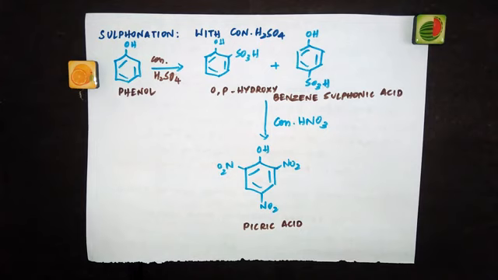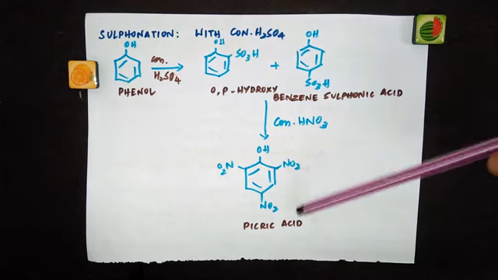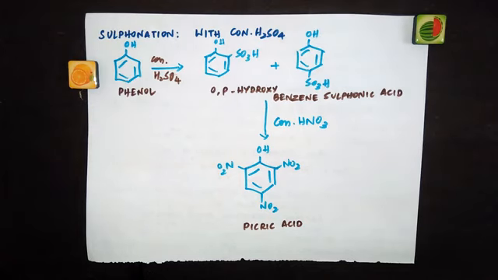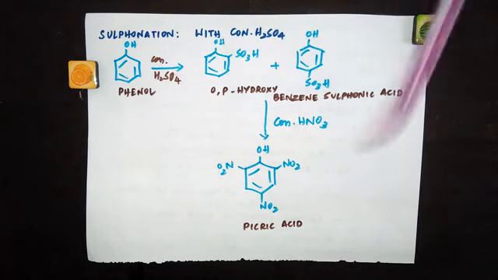When they ask you to convert phenol to picric acid, you can use either of the reactions. In the previous reaction, we have seen that treating phenol directly with concentrated nitric acid, you can get picric acid. So if they give you a conversion, you can do it that way. Suppose they give you conc. H2SO4 on the arrow and ask what the product is, and then ask how to convert this into picric acid, then you should know this method also.